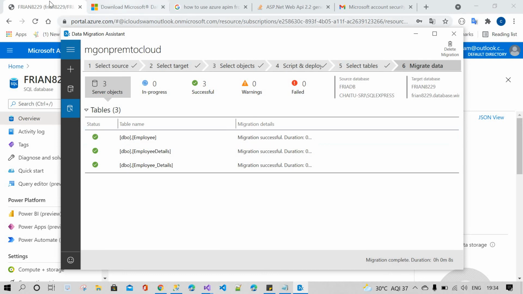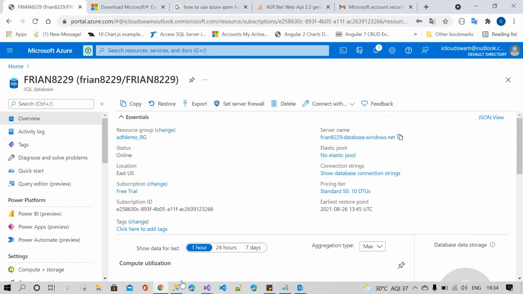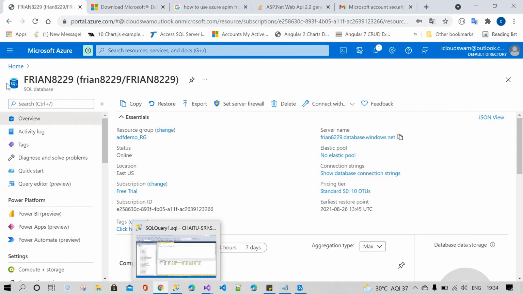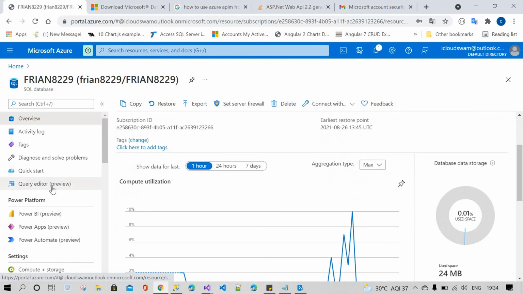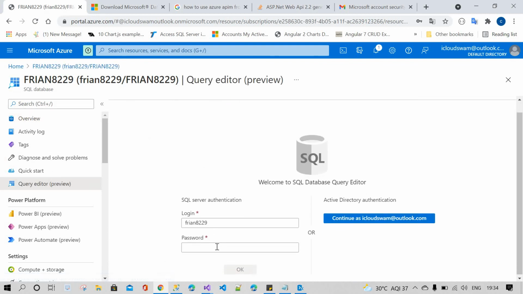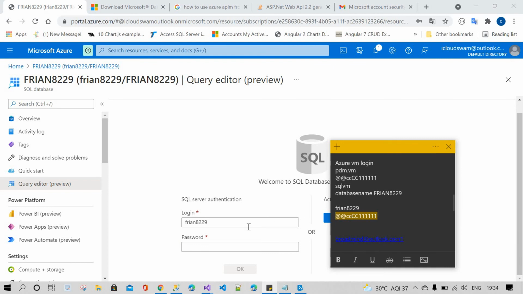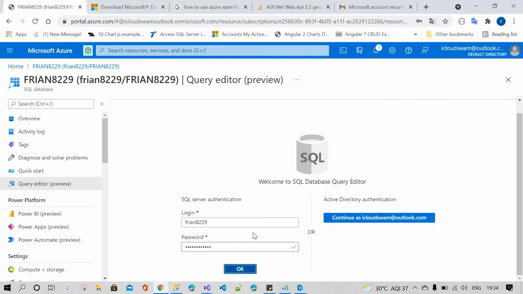Now we will check whether the new database is created or not on the Azure SQL database. This is our Azure SQL database. Where is our password? This is our password. Click on OK.